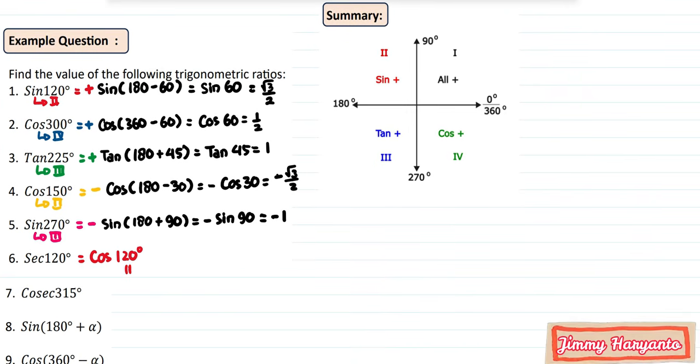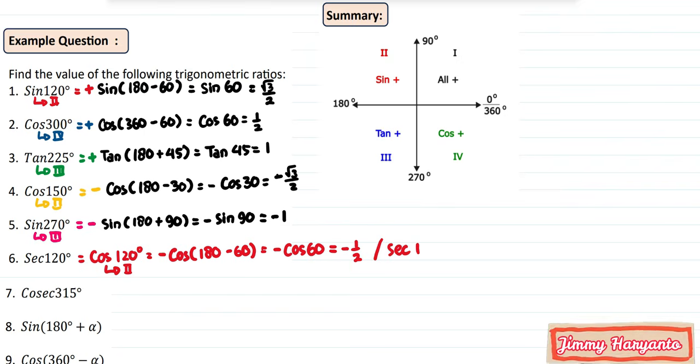Okay, so this is the second quadrant. Cos in the second quadrant is negative. And then you change the 120 into 180 minus 60. You can ignore the 180, so you have cos 60. So the final result is negative one half. But because it's secant, not cos, secant 120, like the one that I said before, the secant is the reverse of the cos. So you only have to reverse the numbers. You have to add 1 over it. Negative 2 is this.